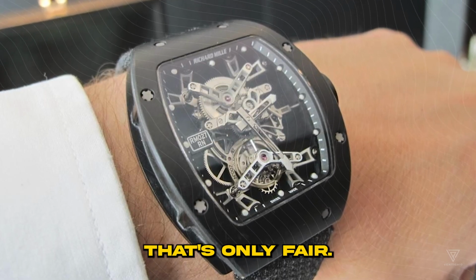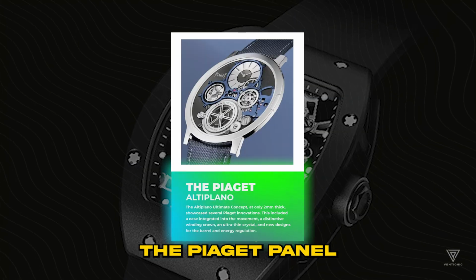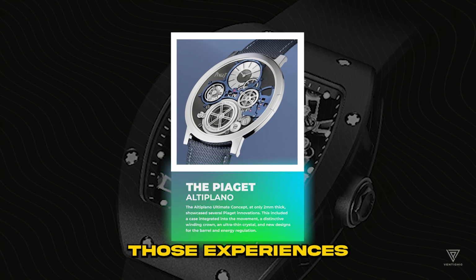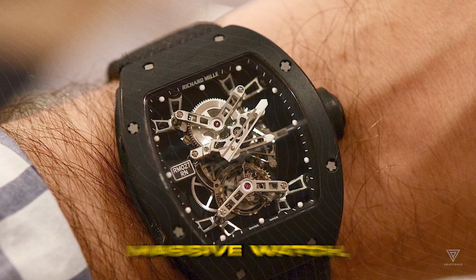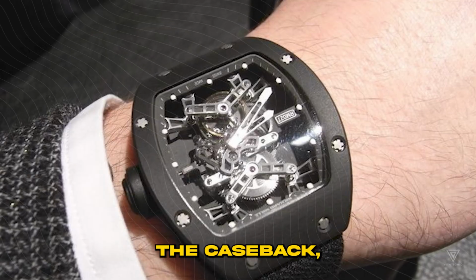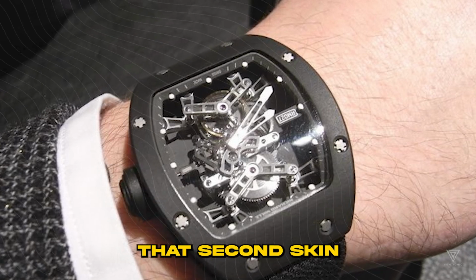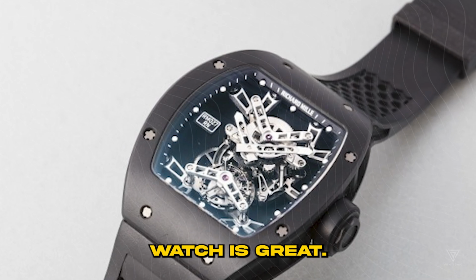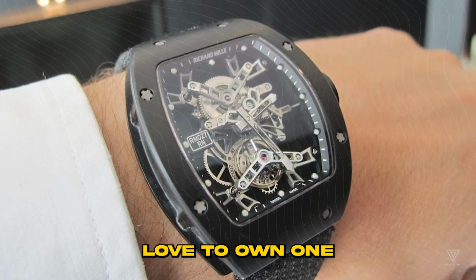That's only fair, but I've tried one of these on. For instance, the Piaget Plano Ultimate Concept at just 2mm thick is one of those experiences you have to see and feel to believe. Surprisingly, it's not a massive watch, but the way the case back, including the sapphire, curves to hug your wrist gives it that second skin feel that Rafael Nadal often talks about. This watch is great. It's often called an expensive G-Shock, and I'd love to own one if I could afford